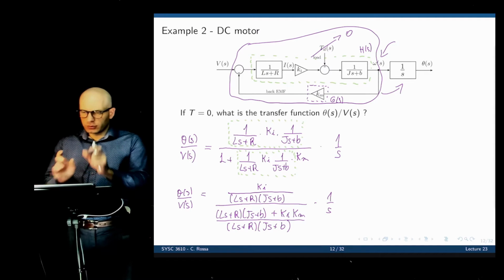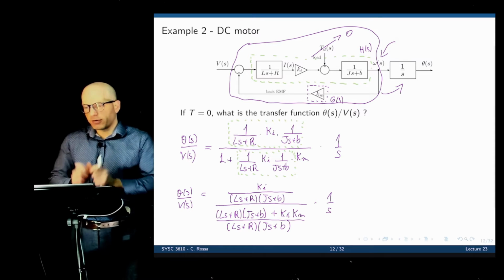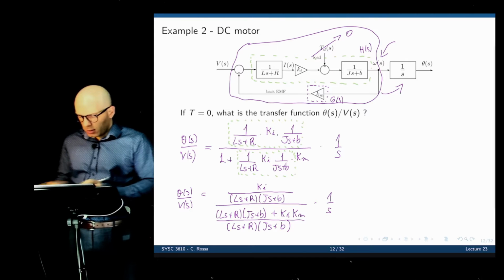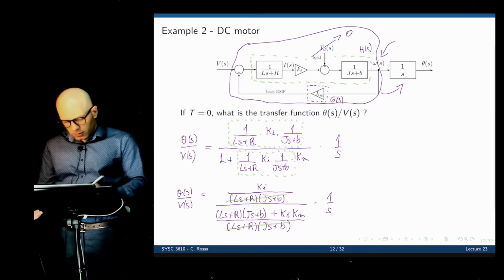Right, so if you see that you have two terms in the denominator, if I simplify the function there, we go back to what we had in the beginning. But now these denominators can cancel out, and the transfer function simplifies to Ki over